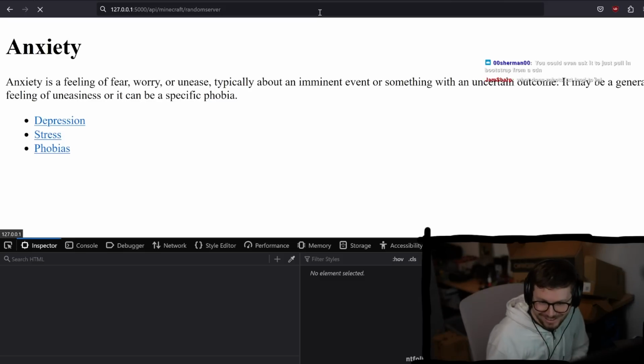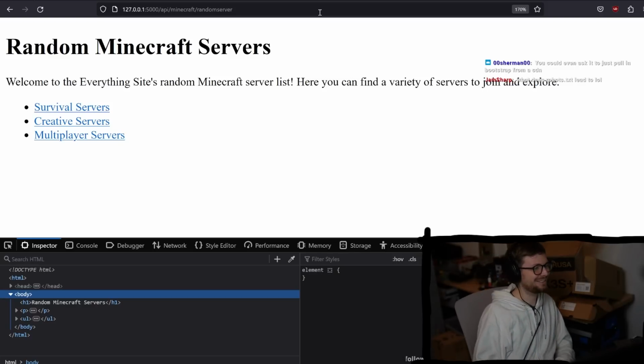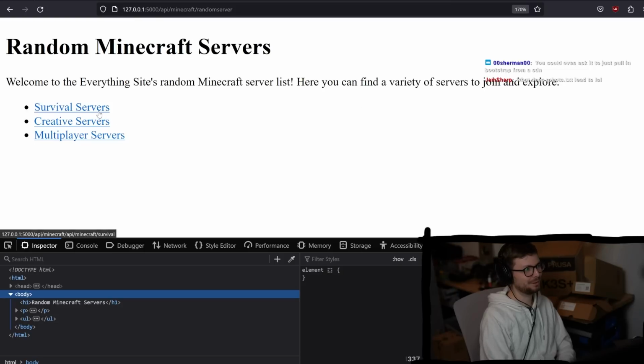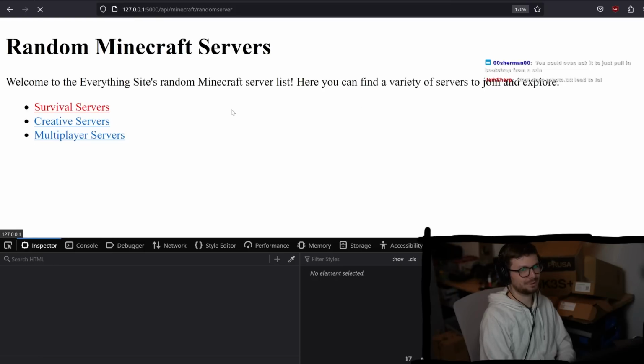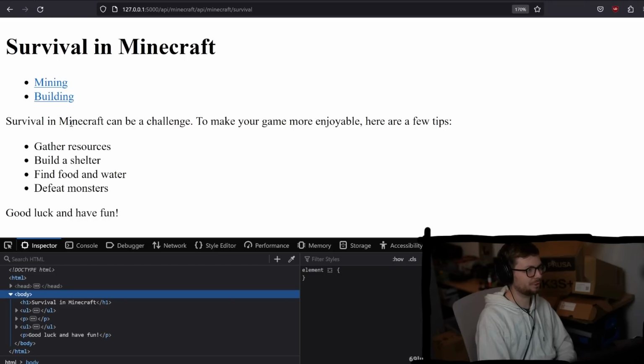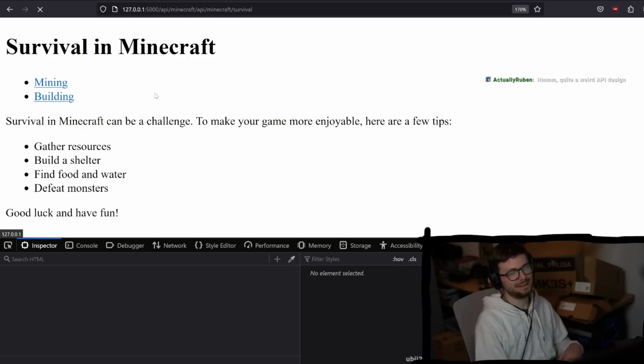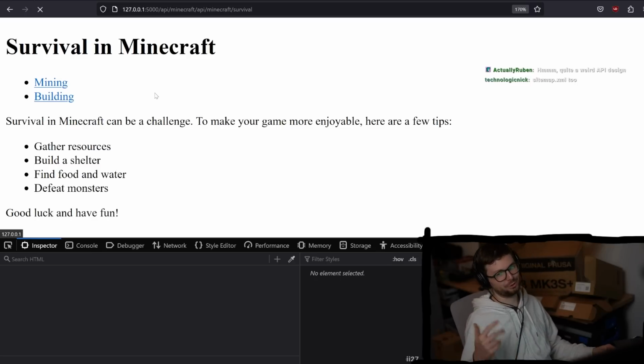Oh, let's try robots.txt. That's so good. Welcome to the everything site random Minecraft server list. Here you can find a variety of servers to join and explore. Survival servers. Survival Minecraft can be a challenge. Building. Yeah, we did say an HTML document, so